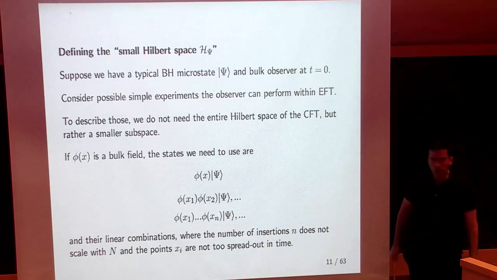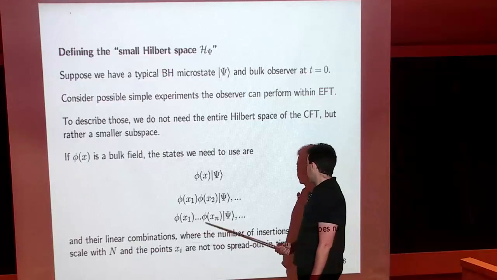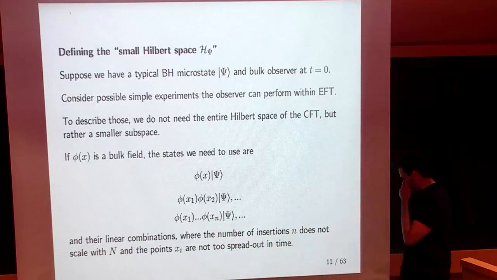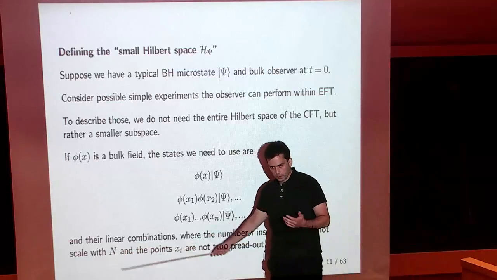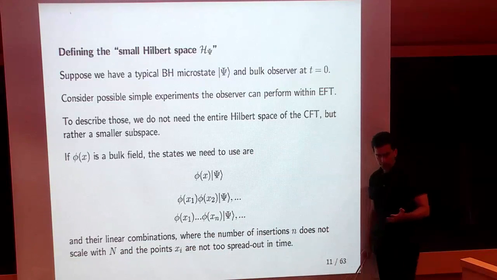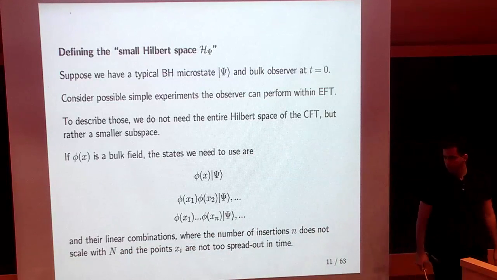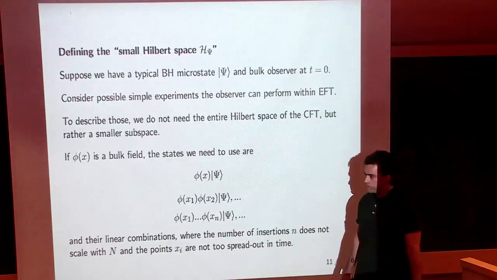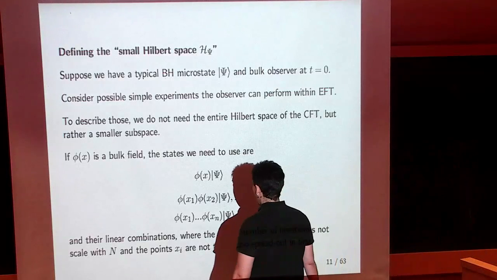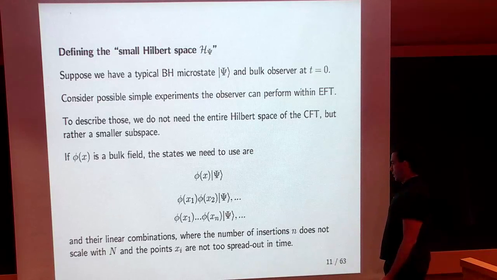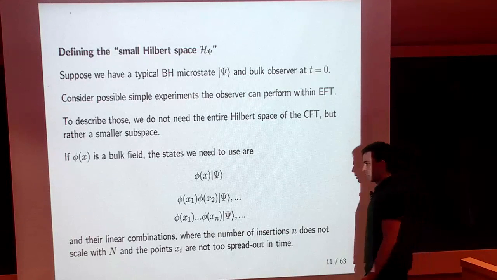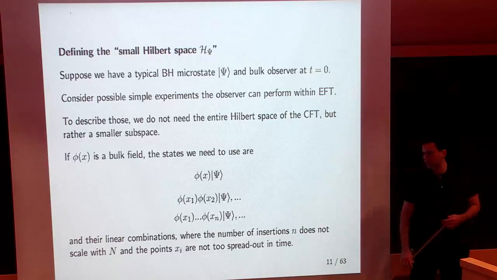Is little n fixed here? Yeah, so little n does not have to be fixed, but what is important is that this little n does not scale with capital N, where capital N is the rank of the gauge group in AdS/CFT. You don't need Wilson loops. Well, yeah, I want to describe a bulk theory where the stringy effects are small. So I want to study the supergravity approximation.